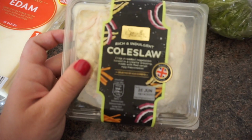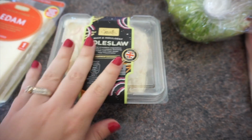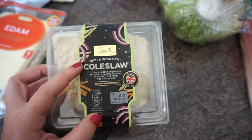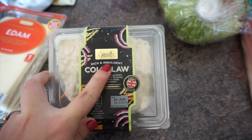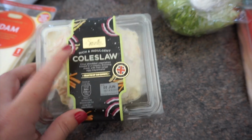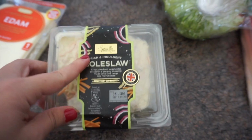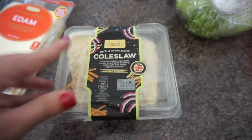I picked up some rich and indulgent coleslaw. So I'm a huge fan of coleslaw. However, with all the different versions, you really have to be careful because there was a low-fat one. There were like 6 different kinds of coleslaw. However, the rich and indulgent one uses the whole dairies, so it has a lower percentage of carbs compared to other ones that use half-fat dairy and substitute mayo. So make sure you check out the ones that say rich and indulgent, so they're using the full-blown non-messed with